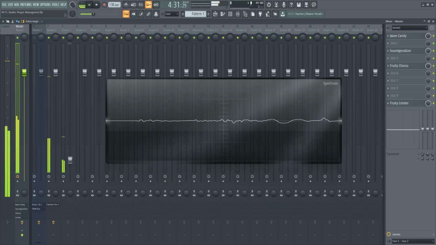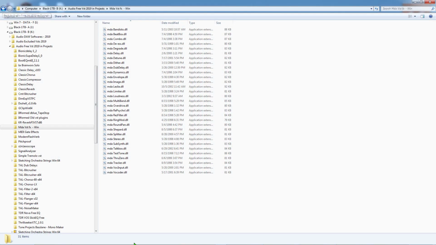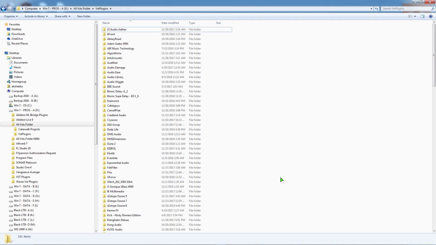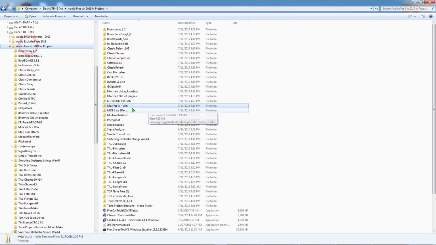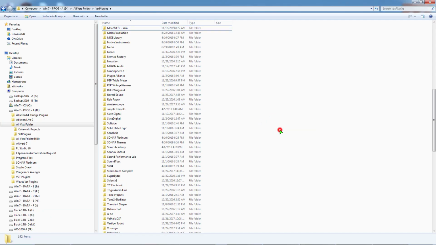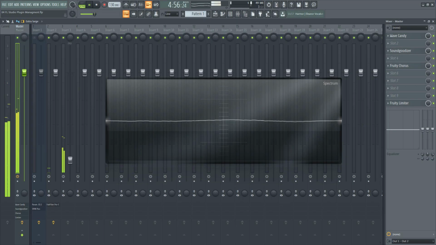Okay, the plugin installation. Over here I am installing these MDA VST plugins to my VST folder which is on the D drive. It's just going to be a copy and paste thing as MDA VST plugins don't come with any installer. So let's do it. Okay guys, the first step of installation is done. So let's move on to step 2.